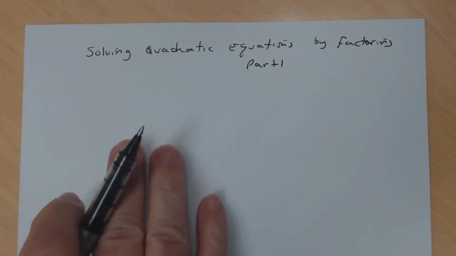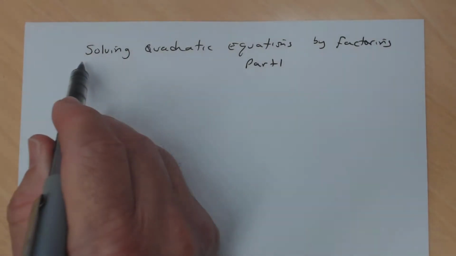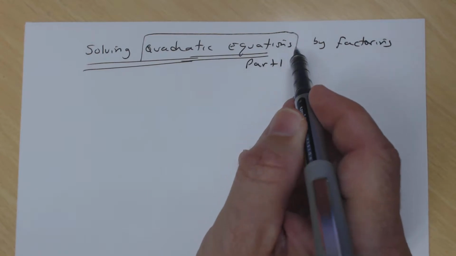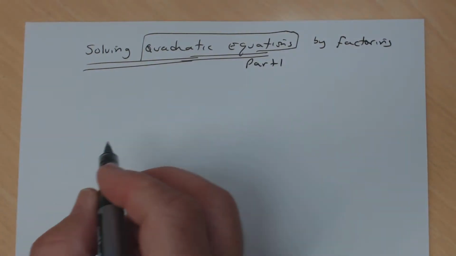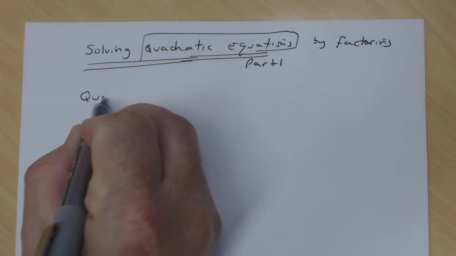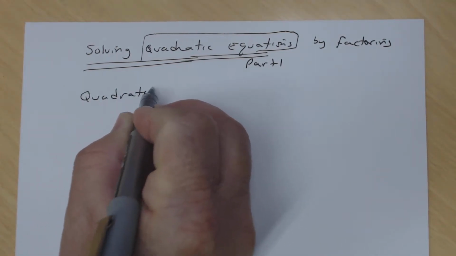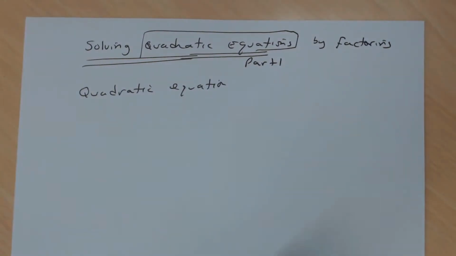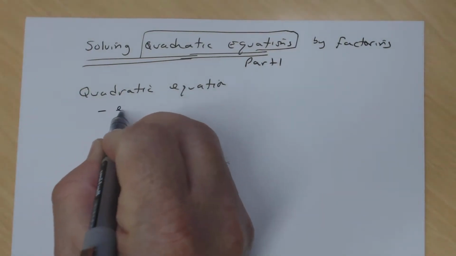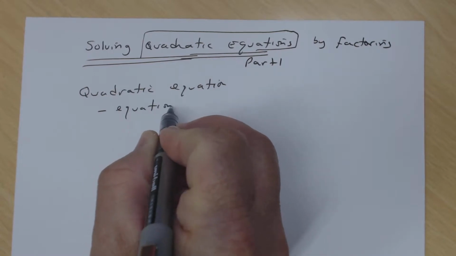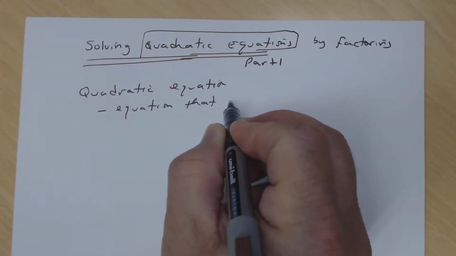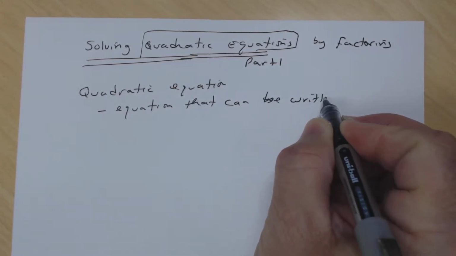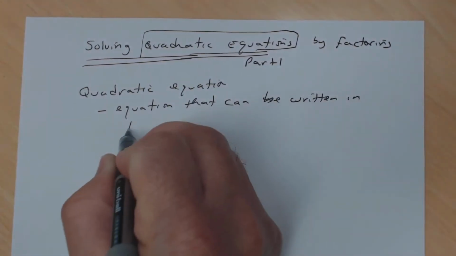Okay, so let's just talk about a few things about what quadratic equations are. All right, so here's the definition of a quadratic equation. A quadratic equation is an equation that can be written in the form